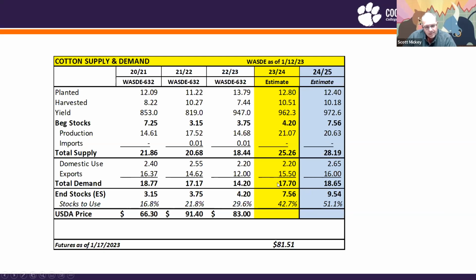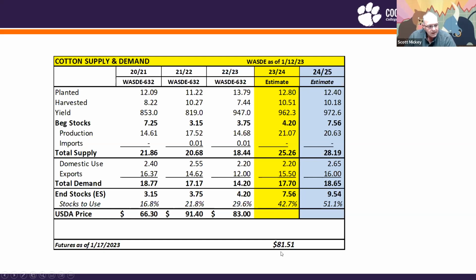So we may have demand of 17.7, which would be the highest demand since 2020, but our ending stocks would be 7.5 million bales, almost double what they were last year. That would be a stocks to use ratio of 43%, meaning that we would start 2024 with 43% of our expected uses. That's a huge carryover, and I think that's had a big impact on what cotton prices have been